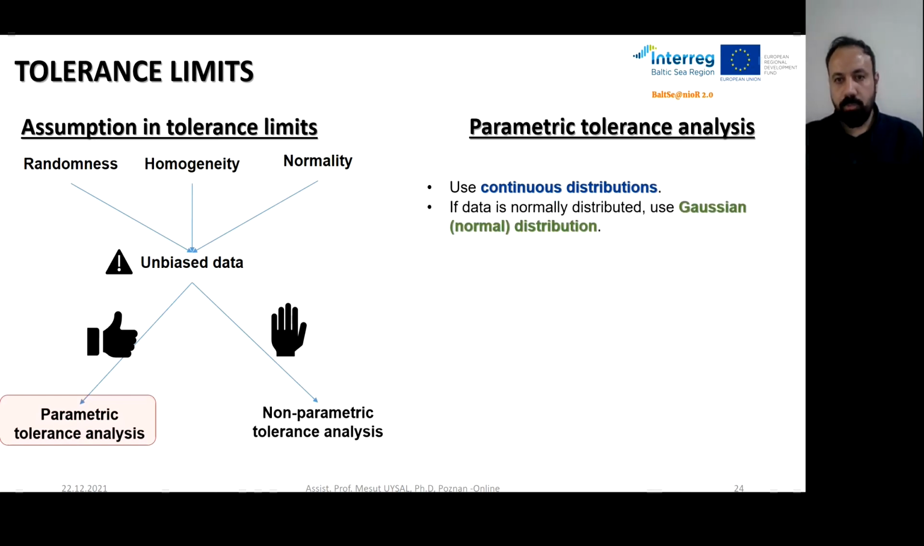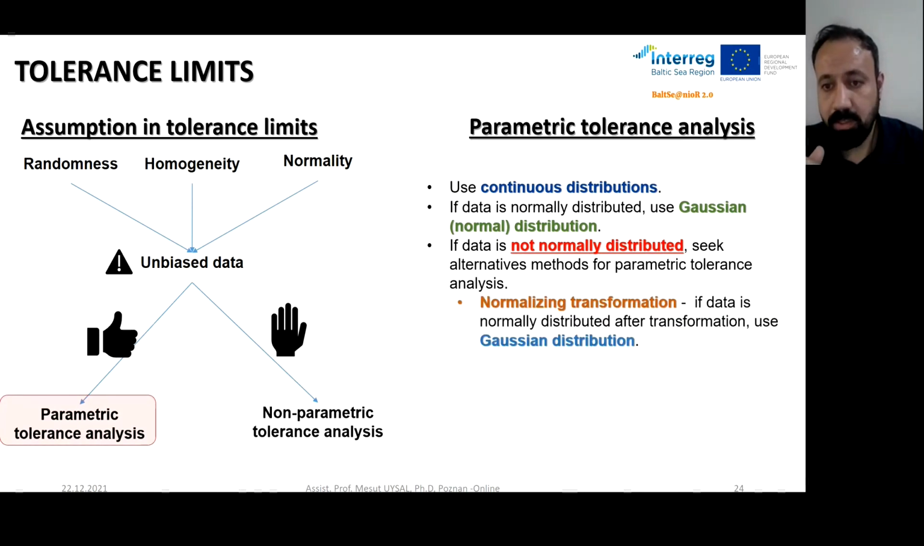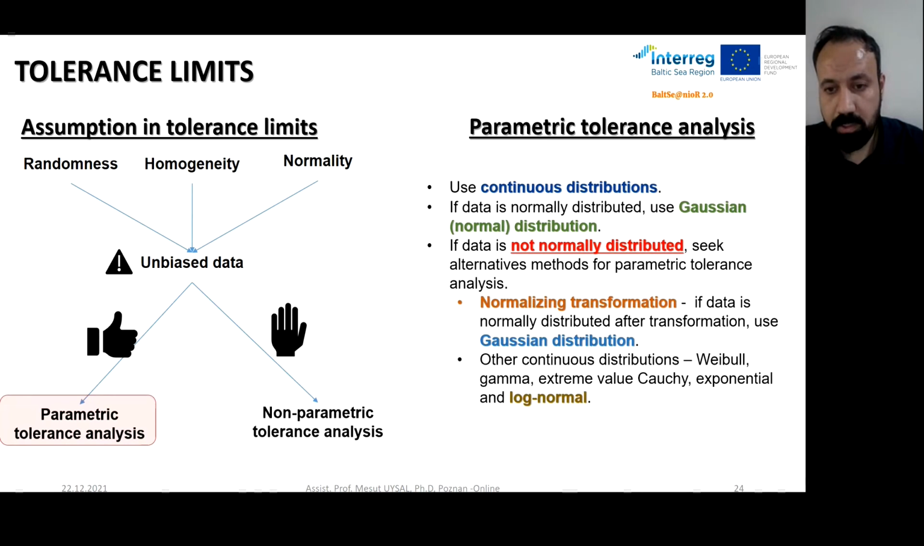So if data is normally distributed, we can use the normal distribution. But sometimes we cannot have a normal distribution in the data set. In that case, we look for alternative methods for parametric tolerance analysis. They are the normalizing transformations. One easier way is the log normal data. We can distribute our data